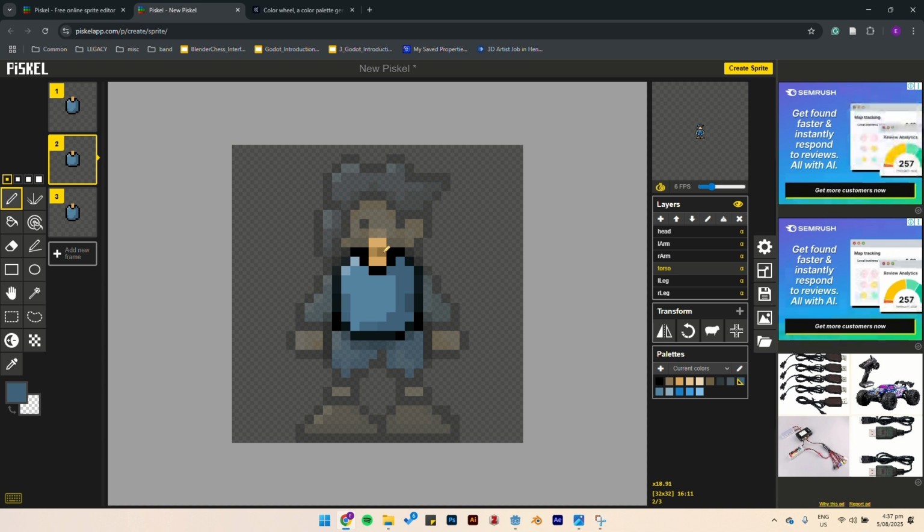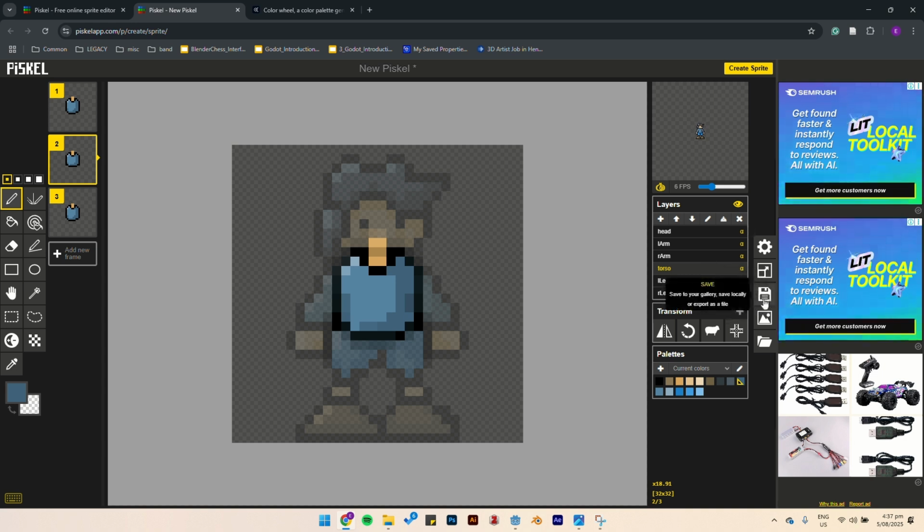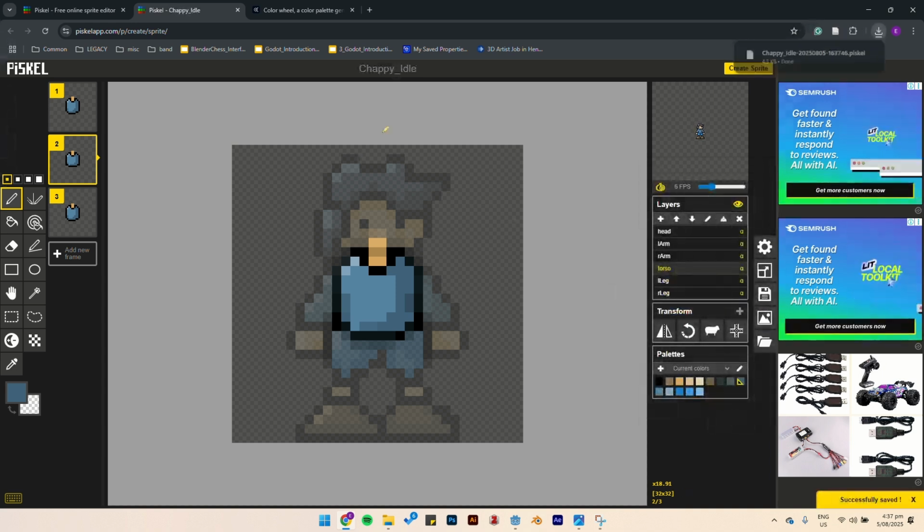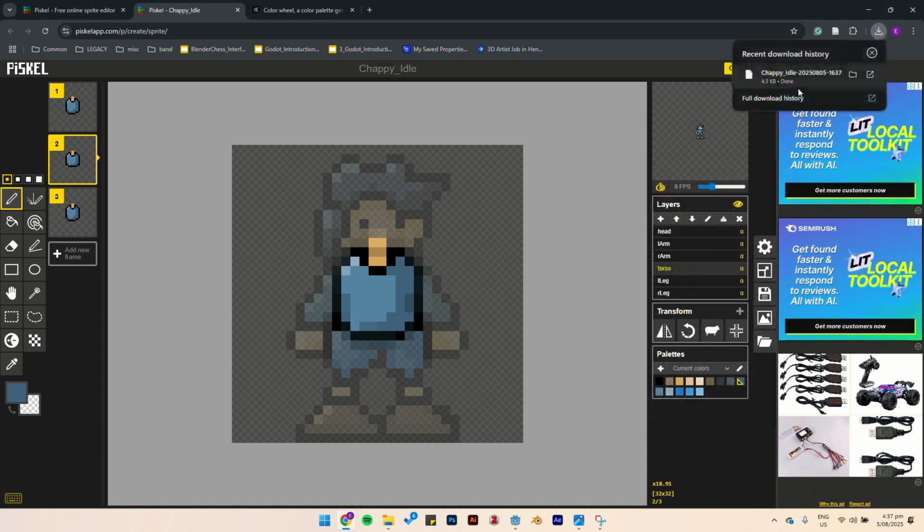Now it's time to export out this animation as a sprite sheet. And I'm also going to save this scene so that I can open it again if I want to. Okay, so the way to do that is you can see there's this little disk over here. So I'll click on that and I'll save it as a Piskel file, which is something I can take and put onto my hard drive and open anytime I have a browser because this is a nice browser-based program. So we'll call this Chappy idle. Okay, save as Piskel. And you can see that that has downloaded this Piskel file here,